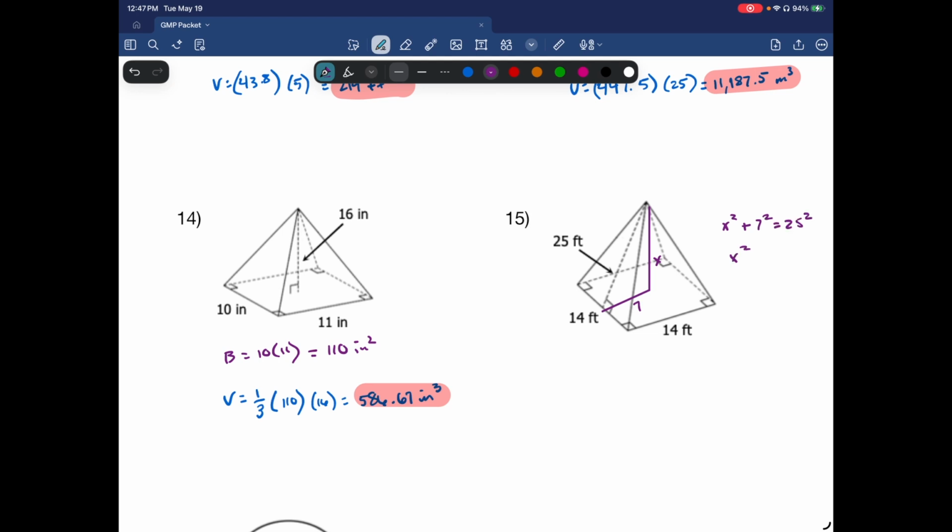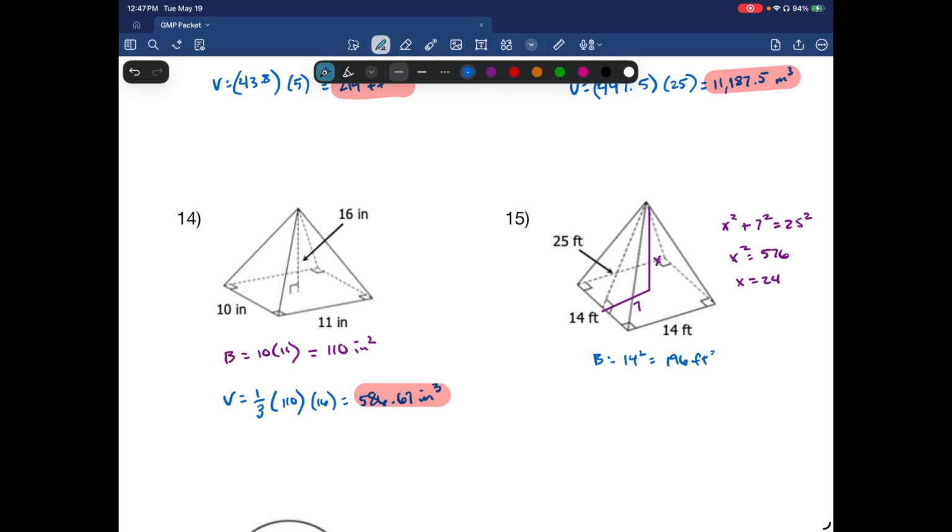So x squared equals 576. And the square root of that is 24. So I get a nice round number there. So my base area is 14 squared, which is going to be 196